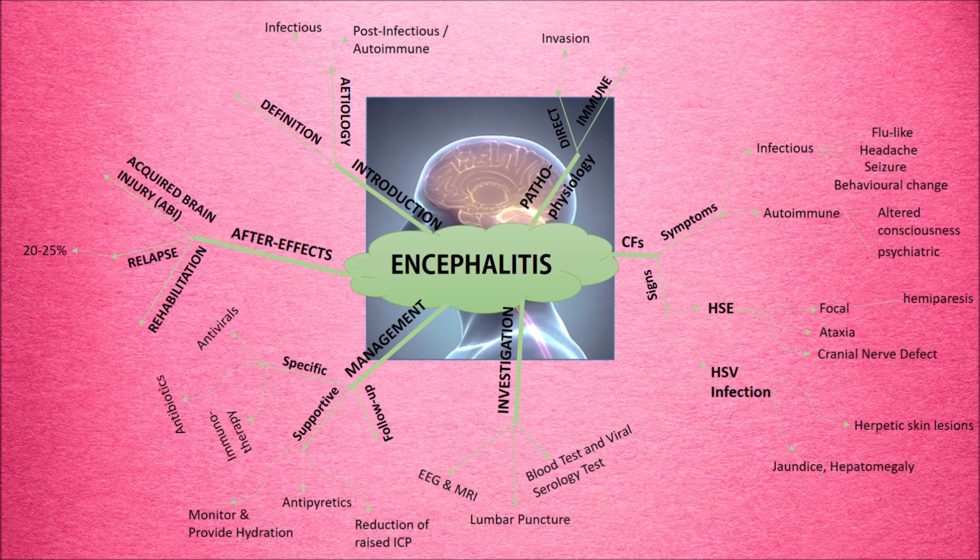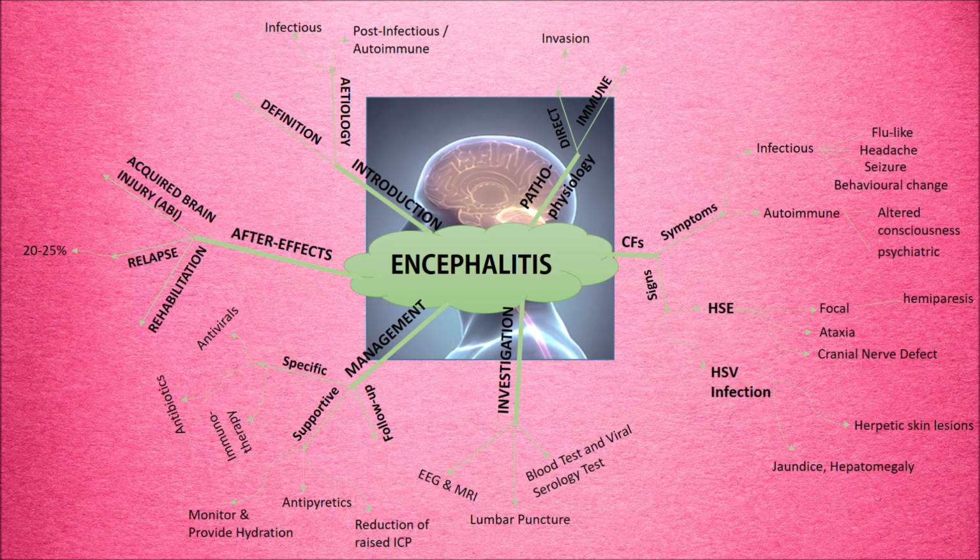Want to move on to investigating the encephalitis patient. For an encephalitis patient, it is very important, likewise in meningitis, to perform a lumbar puncture in order to differentiate between encephalitis and meningitis, because in encephalitis the CSF finding usually shows lymphocytosis with normal glucose and slight elevation of the protein. And this is why we need to do a CSF analysis using lumbar puncture, because it can differentiate the encephalitis